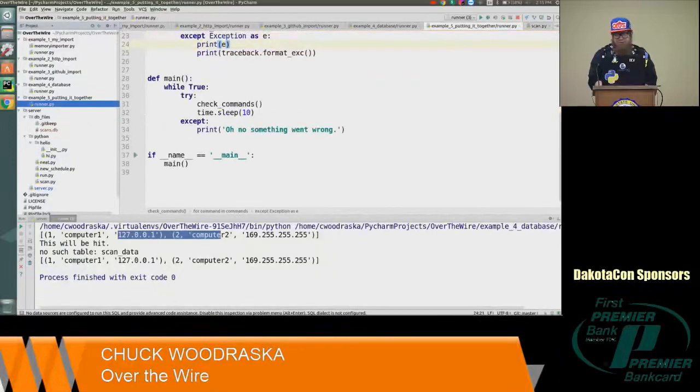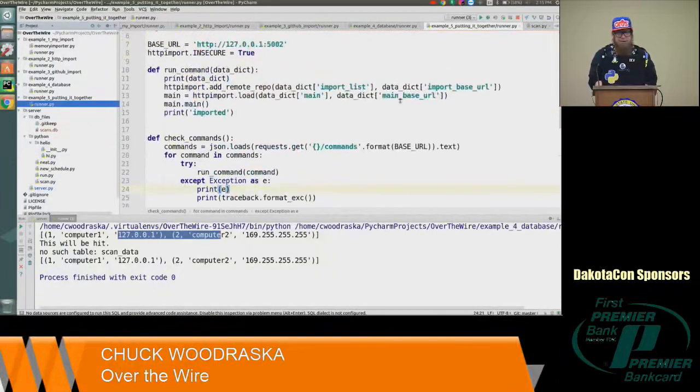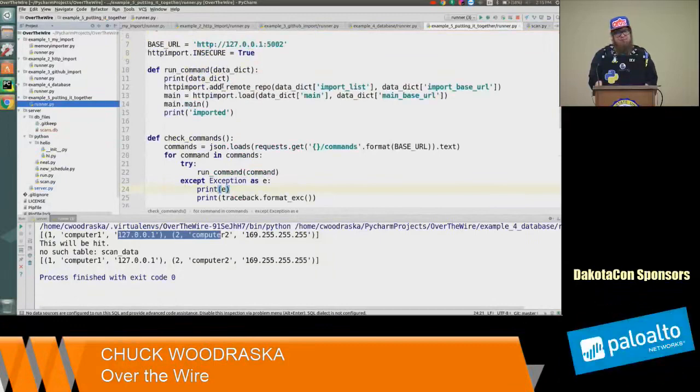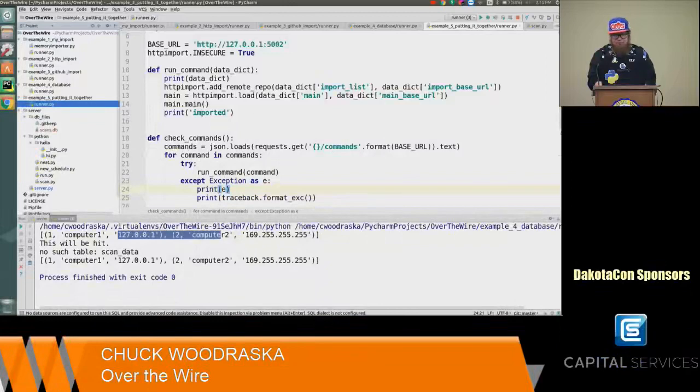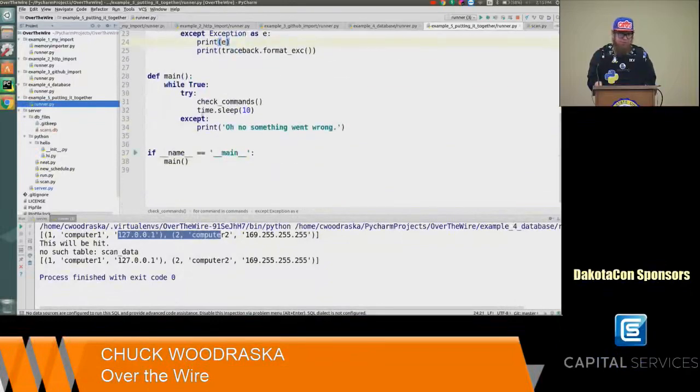And the runner is pretty basic. It doesn't do a whole lot, other than the first thing it does when it runs the command is check to see if it has any imports that need to be imported. Again, because a lot of these are going to be coming into memory and we're going to stick them there. And then the main is just something I'm making in the scripts I'm sending across so I know what to run. Okay, and this is just on a loop too. So when we run this,